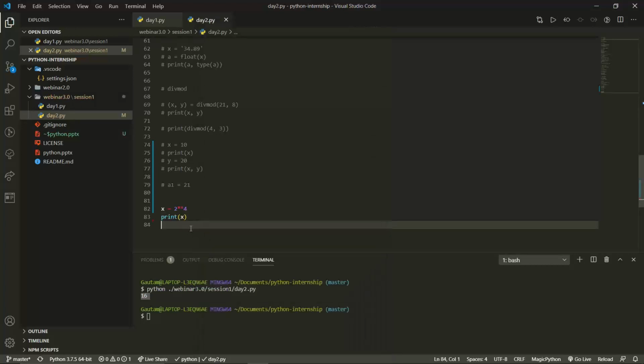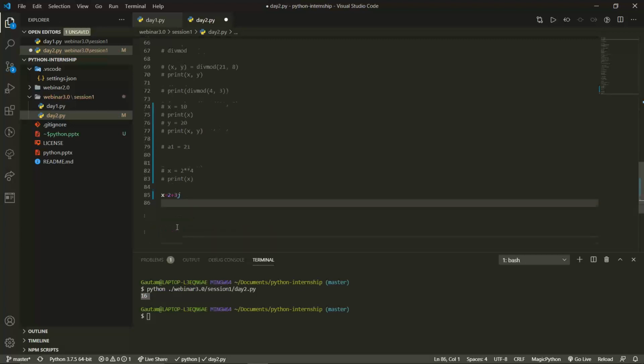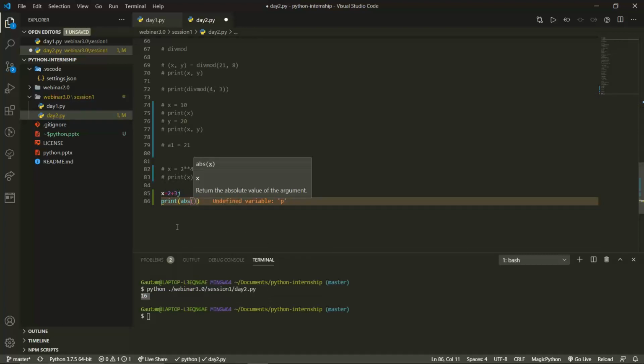Now coming to the length, which is found using the absolute function. For example, we have a complex number x equals 2 plus 3j. This is the complex number, and now I need to find its length. So for finding the length, I'll just print abs of x.